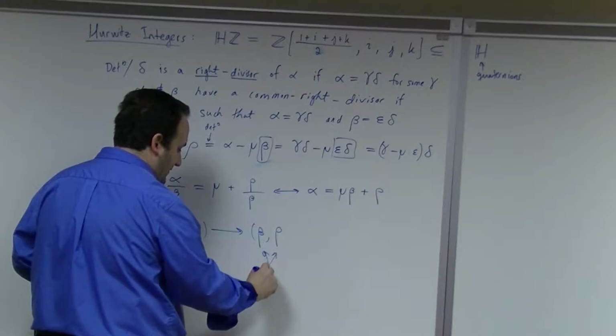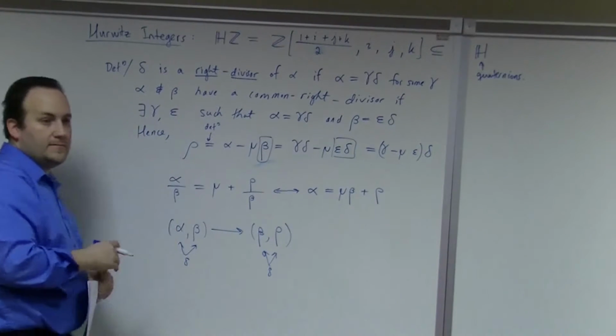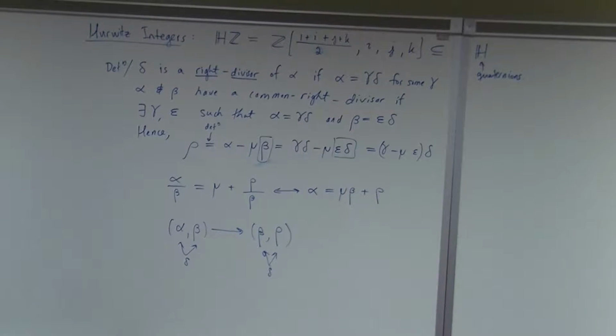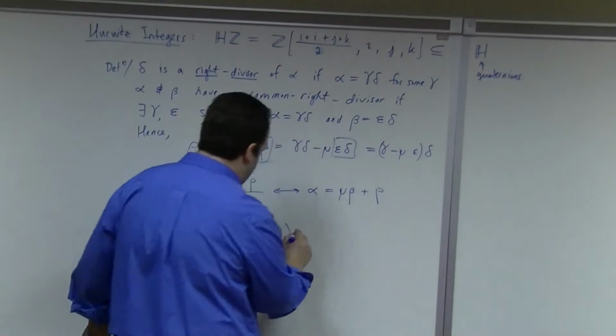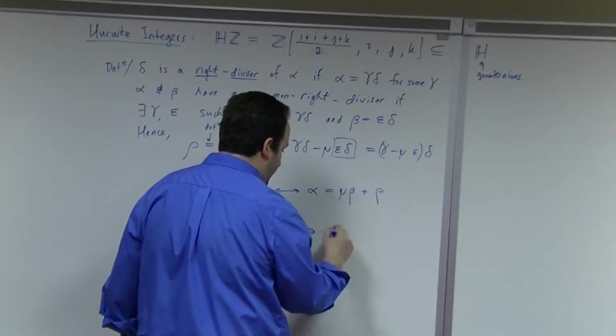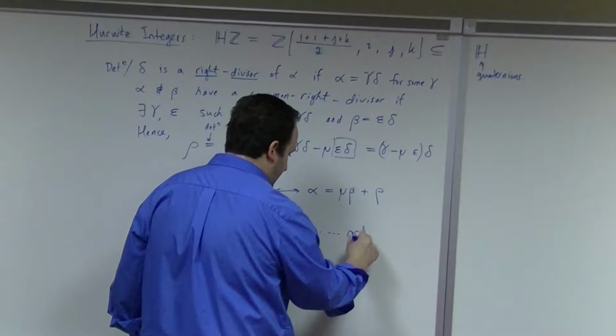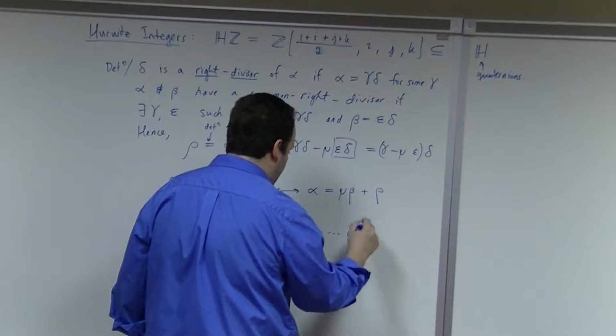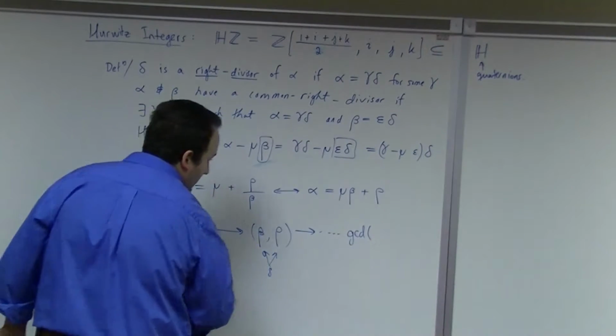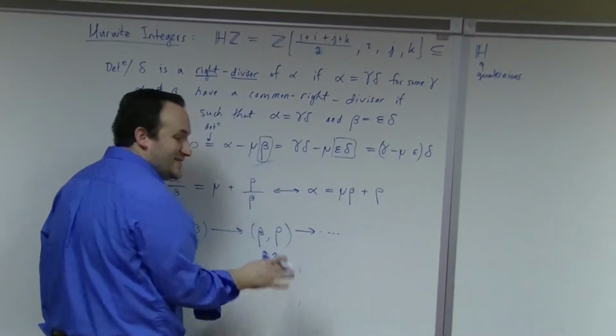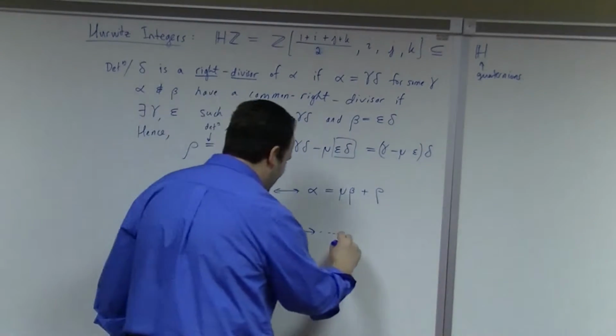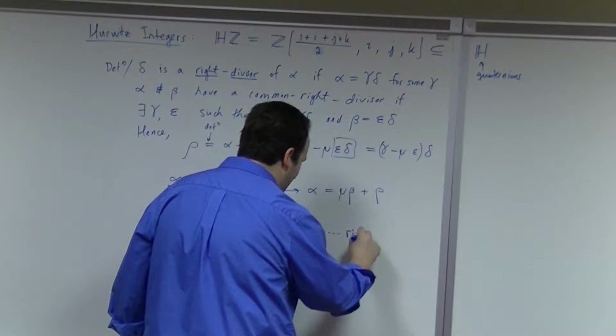Delta is still a common divisor over here, right? And then you can just keep going, right? So it makes sense to say where this terminates is the GCD, what we'll call, language. You could talk about left divisors, and it wouldn't necessarily be the same. I'll just say that, okay? But this is the right GCD